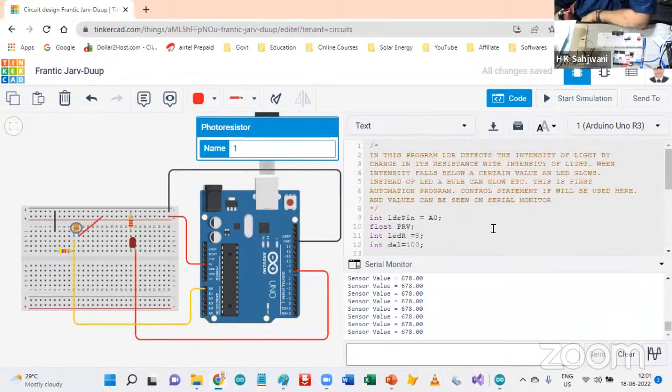देखिए, मैंने आपको बताया जितने डिवाइसेस लगाते हैं उतनी पिन्स डिफाइन करनी पड़ती है। तो हमने एक एलडीआर लगाया है, दूसरा हमने एलईडी लगाया है। तो एलडीआर को मैंने क्या दे दिया? इंटीजर एलडीआर पिन इज इक्वल टू A0, और पीआरबी को मैंने फ्लोट बना दिया है। क्यों? क्योंकि उसमें हम डेसिमल वैल्यूज को रीड कर रहे हैं। जब इंटेंसिटी ऑफ द लाइट चेंज होती है तो वो डिजिटली नहीं चेंज होती। जैसे 600, उसके बाद 601 आएगा या 602 आएगा। 600 के बाद 600.5 भी हो सकता है,